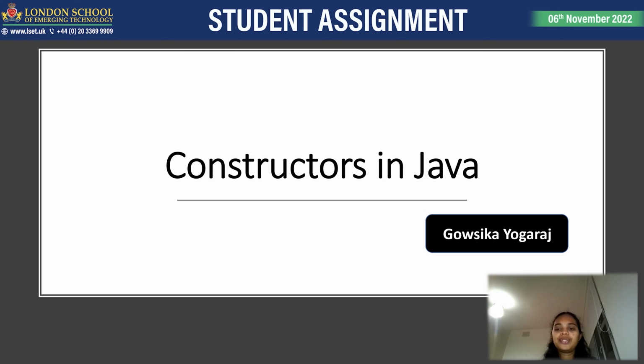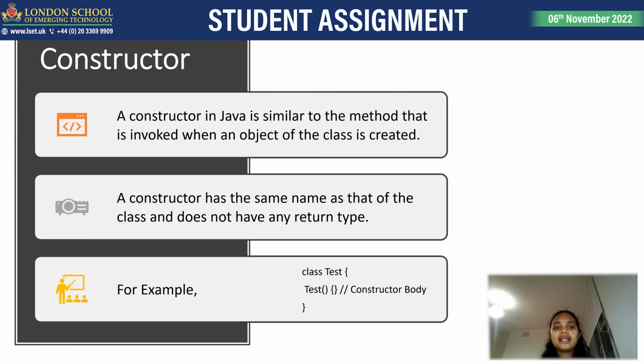Today we are going to discuss an interesting topic, which is constructors in Java. What is a constructor? A constructor in Java is similar to a method which is invoked when an object of the class is created. The constructor has the same name as the class name, and it does not have any return types. For example, we are creating a class named Test. The constructor must have the same name as the class name, which is Test, but it doesn't have any return